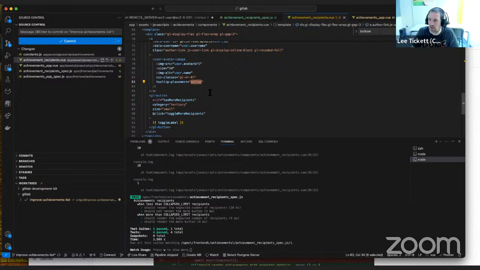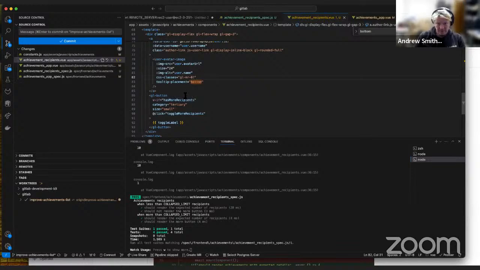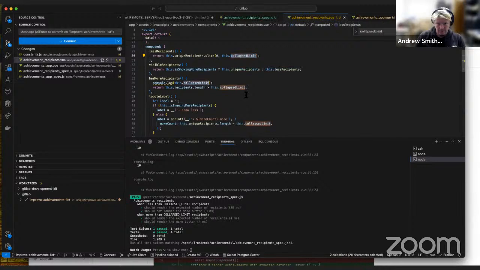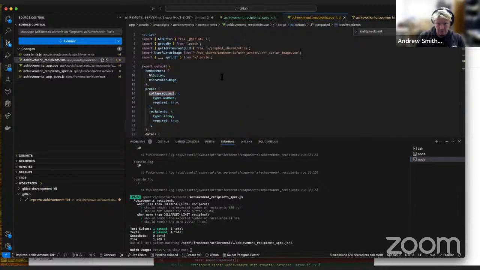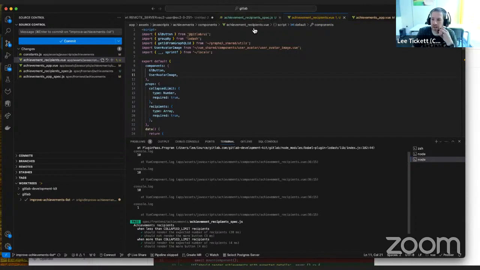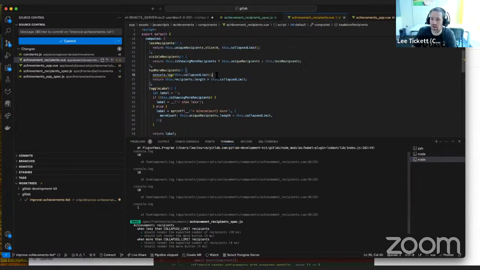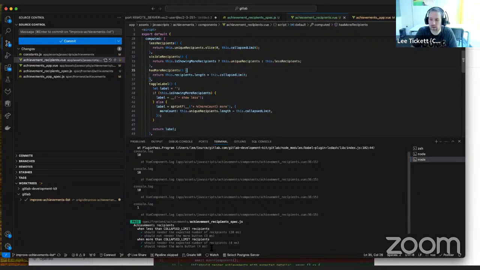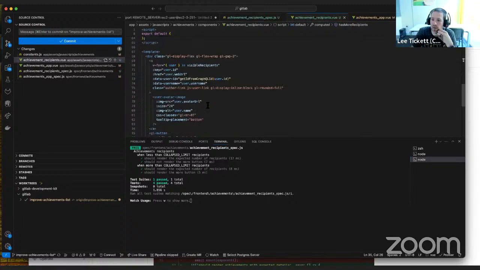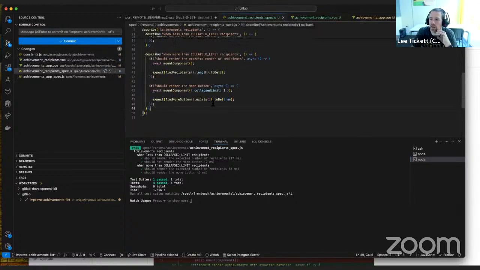Control D. When you're selecting the text, it'll select the next instance of it. Yes. Nice, I like that. Oh, well, my test is passing now. That's a good start. I can get rid of my console log. Hopefully I can then do